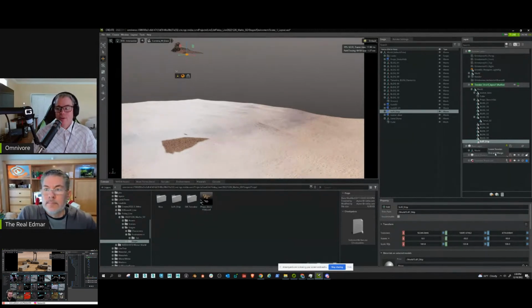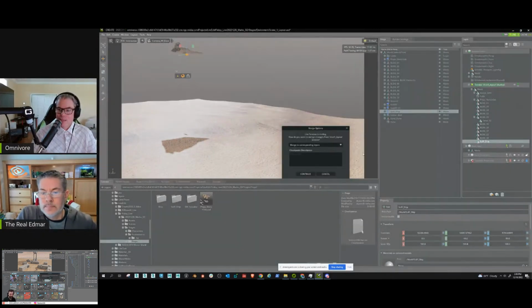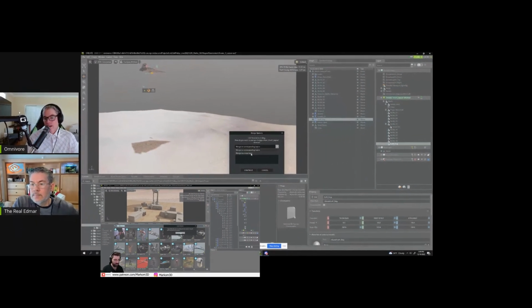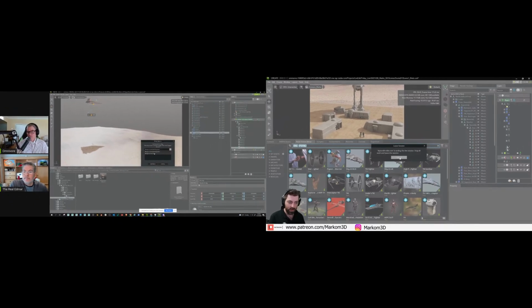Or I can end and merge, and end and merge is going to push all these changes right back down in here into the root layer. And so that's what I'm going to do. And then merge to corresponding layers or merge to a new layer. So I can merge to